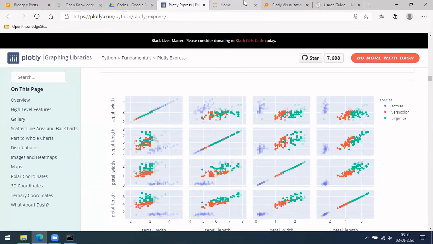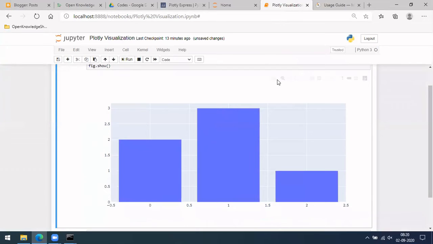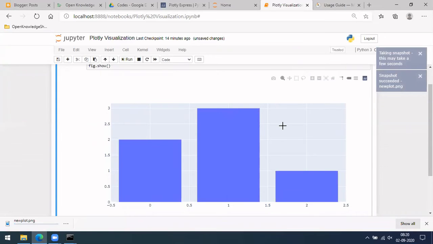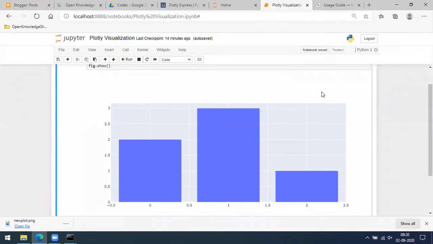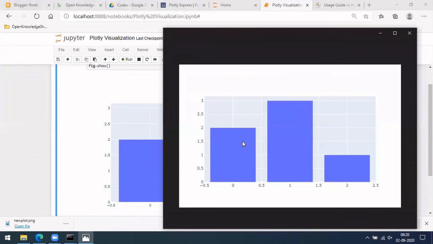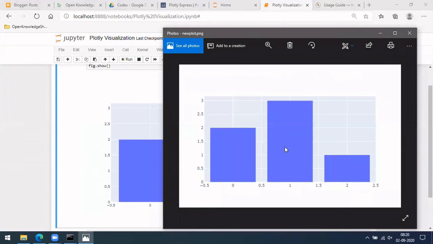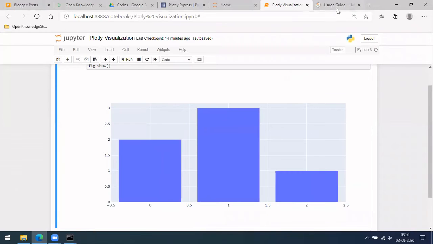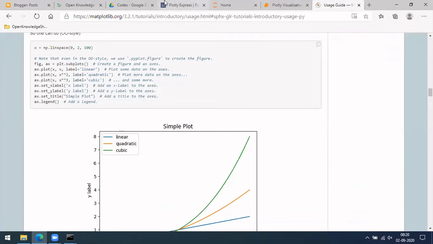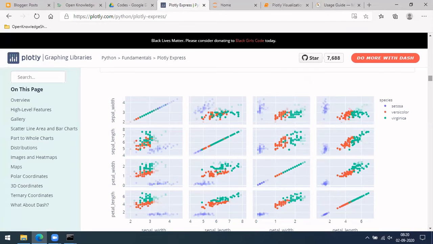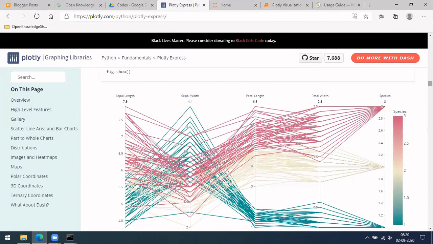Okay, and you can download this in png format, plot as png. If you do this, it will automatically download your graph here. But if you download it in png, that is just an image, which you can't interact with. You are not able to do any interaction. If you want to save it as an interactive plot, you can download it as HTML. So let me show you that. Just that plotly to save to HTML, something like that.